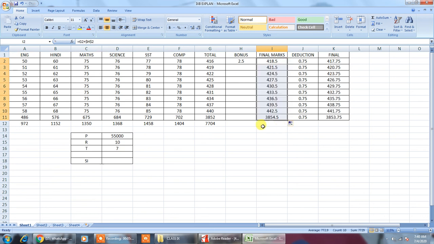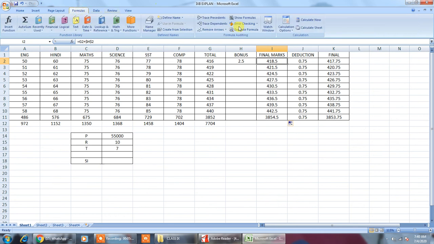I have dragged. So you can find that I just want to check from the Formulas tab, Trace Precedents, how we have got 418. So we have got this and this value. How has the 430 come? Click here, it is showing that 428 plus this. I want to check how 433 point something has come. It has come from these steps, and that means all these values are being calculated with bonus marks.